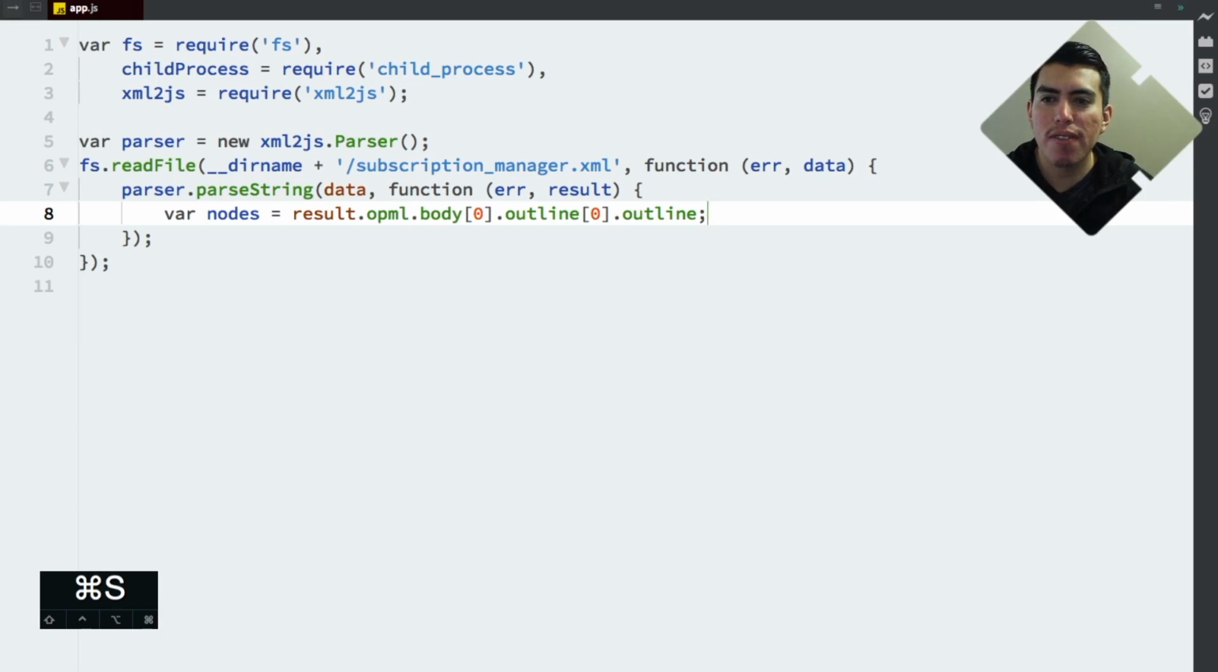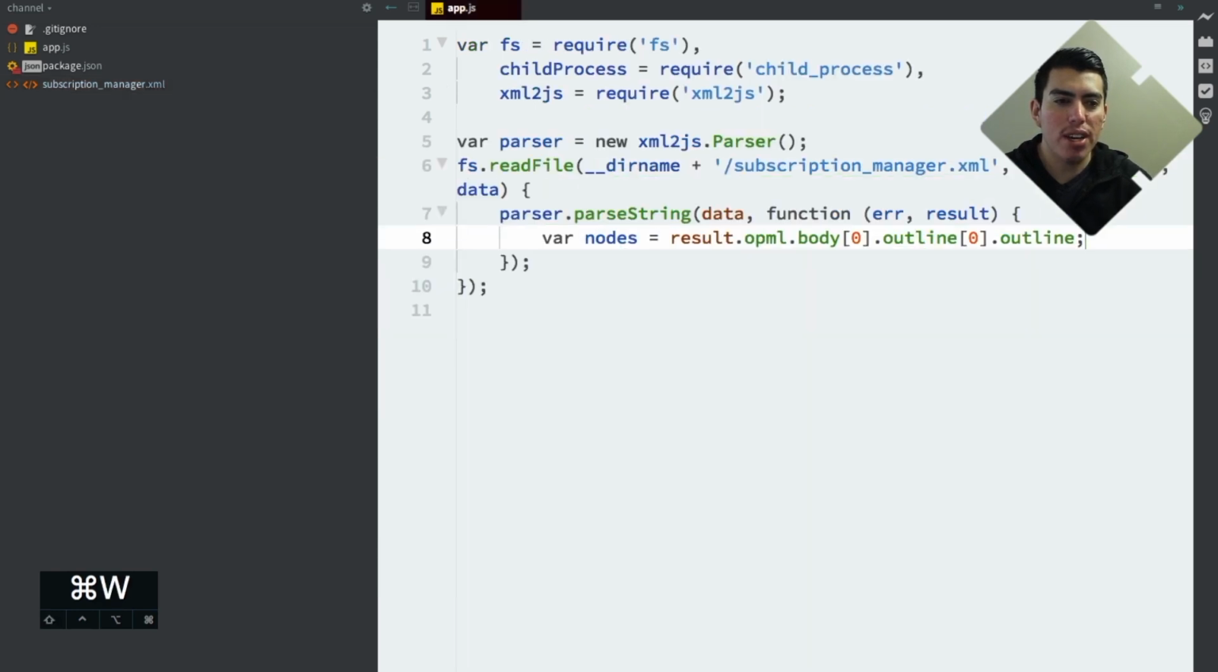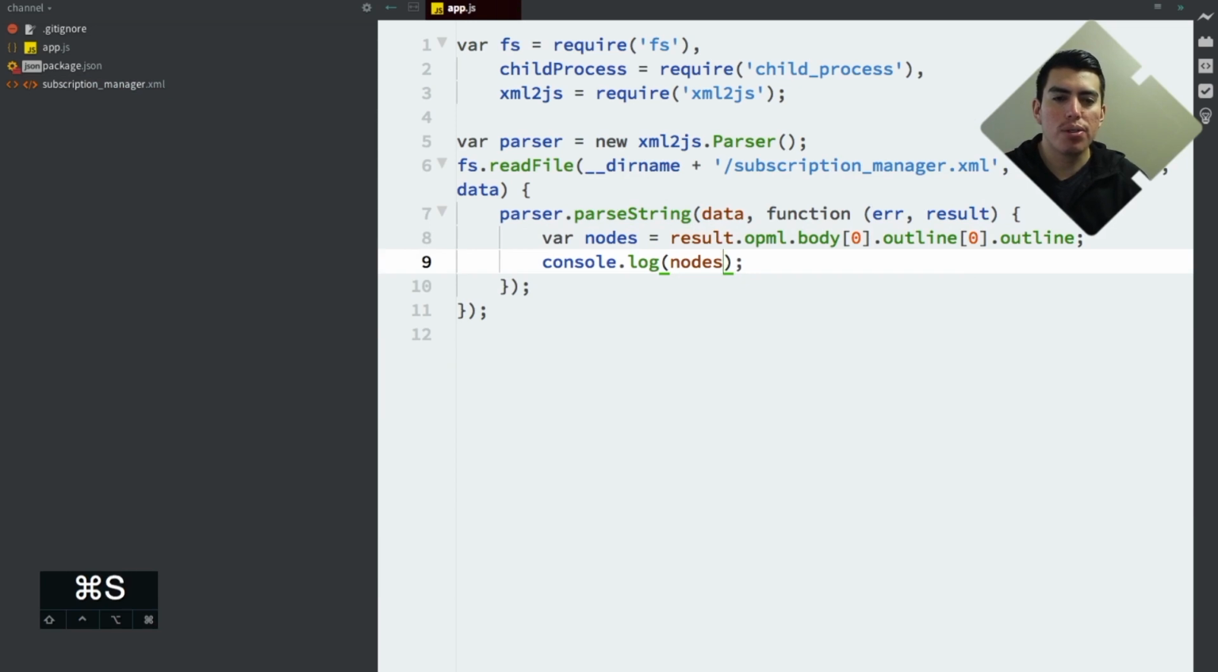If we go back here and look at the file itself, as you can see, we have the opml body outline, then we have an outline here, and you can see all these outlines. That's pretty much what we want. We want each of these outlines. So if you go back here and we just do a little log for nodes,